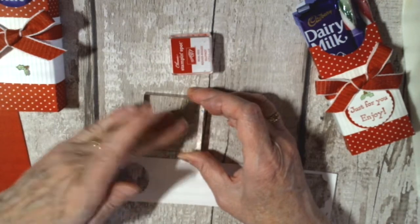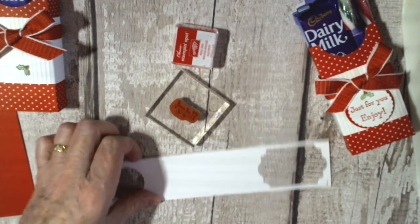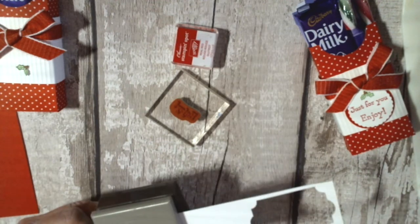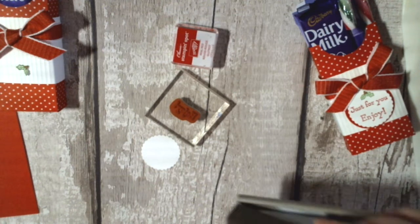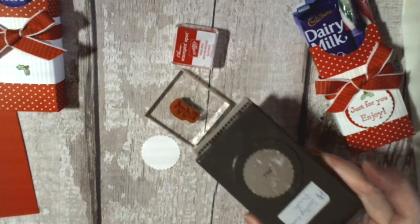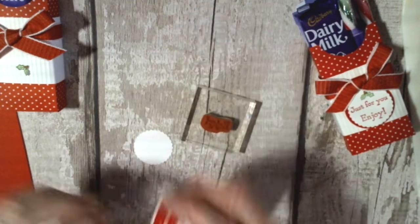So I'm going to do the Enjoy first. In fact, I'm going to punch it first so that I know exactly how much space I have. So just pop that in, punch it out. That's my 1 3/8 inch scallop punch. So you have that. Ink it up